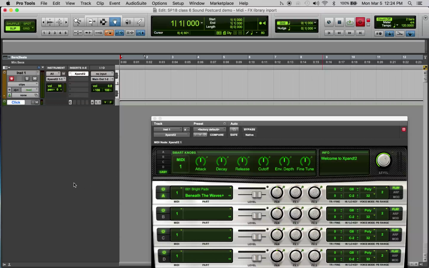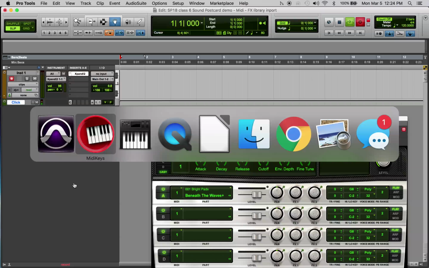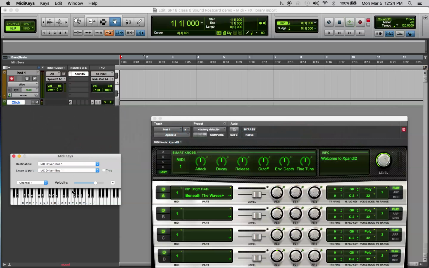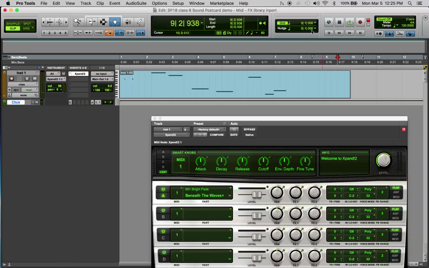So I'm going to press the space bar, and then I'll have 8 beats to quickly go make that little window into the forefront of the session, and I can start recording. So I'm going to hit the space bar, and I'm going to use Command Tab to grab that guy, and now I can start playing, and you can see it's recording my notes. Just like that. And I have to go back to Pro Tools to stop it, but you can see it